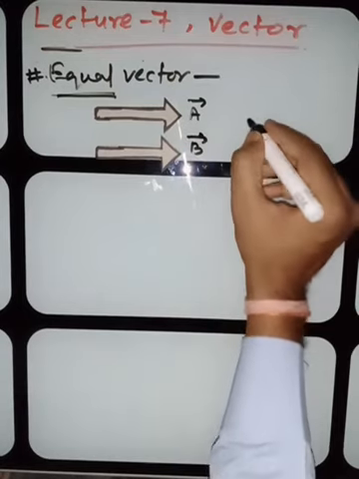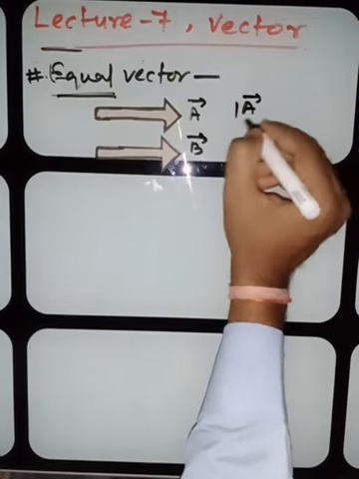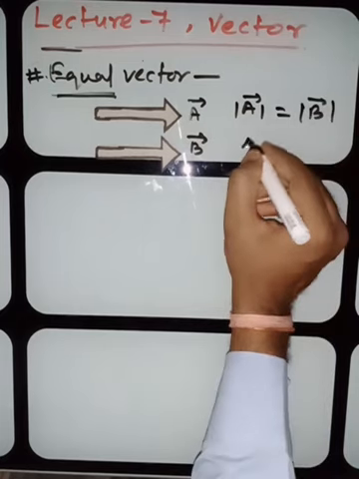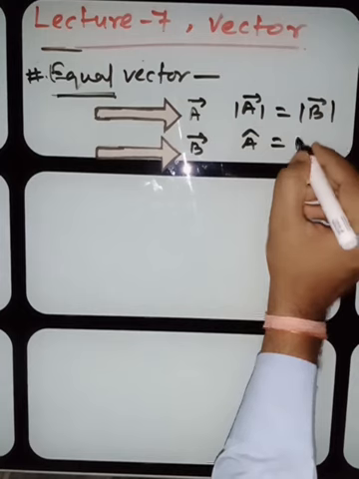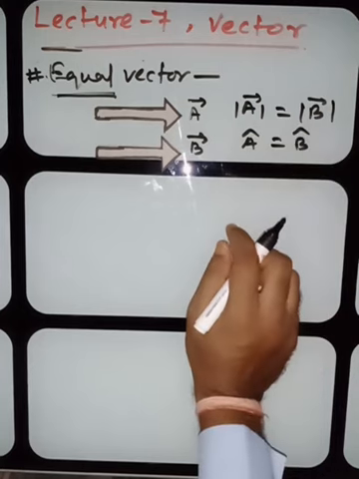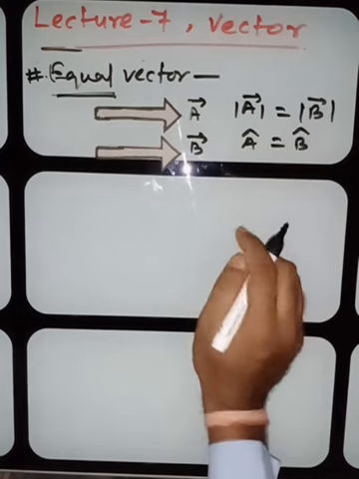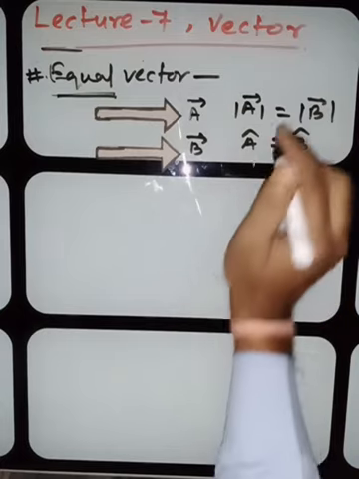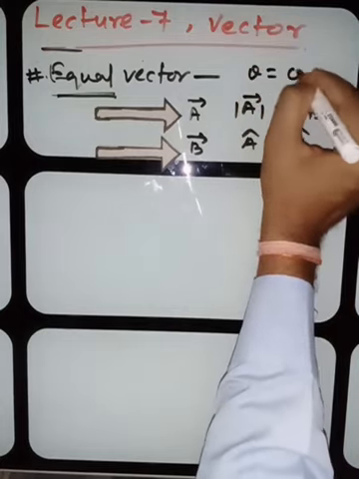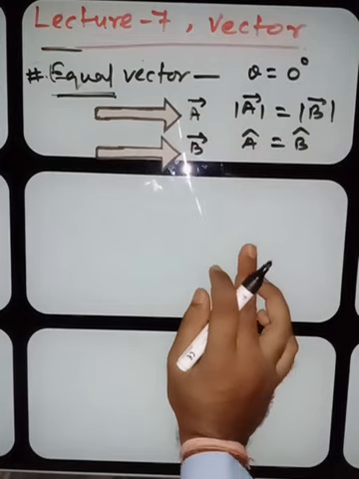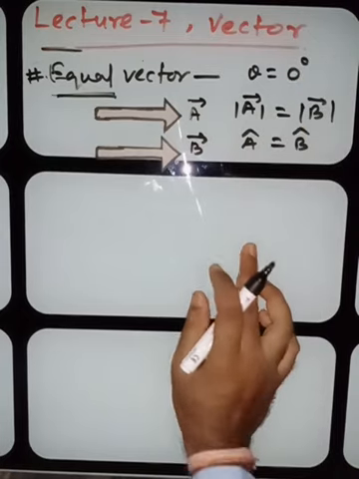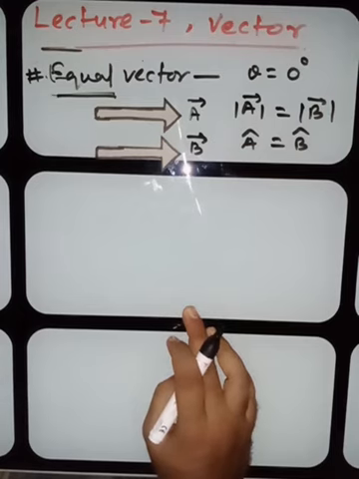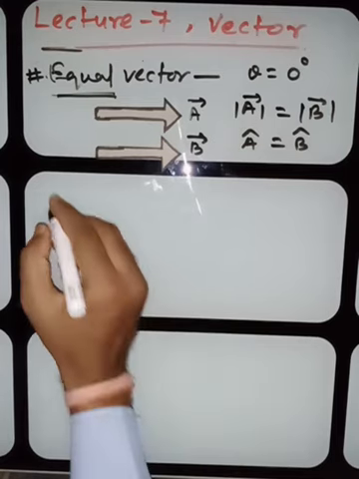What will be the property of equal vectors? The magnitude of A should be equal to the magnitude of B, the first thing. Second, the direction of A should be equal to the direction of B. And the third thing, what will be the angle between these two vectors? Here the theta will be 0 degrees. So these are considered equal vectors. This has three properties. Okay, so this is the equal vector. Now the next,